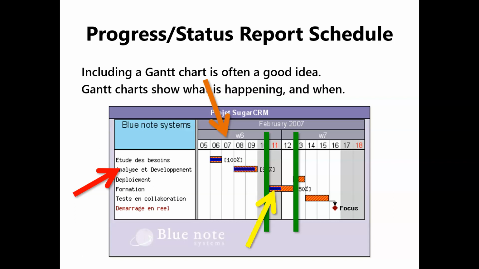Inside this, there's a different colored bar that tells us how far along we are. So for example, what if today is the 11th? You look at the Gantt chart and you say, okay, this particular box, we are exactly on schedule. What if today is the 12th? You look at it and say, we are behind schedule. What if today is the 10th? We look at it and say, oh, look, it was scheduled not to start yet, but we've already started and we are ahead of schedule. So this is how the Gantt chart works. It's a very, very good idea to include one of these in your progress reports.